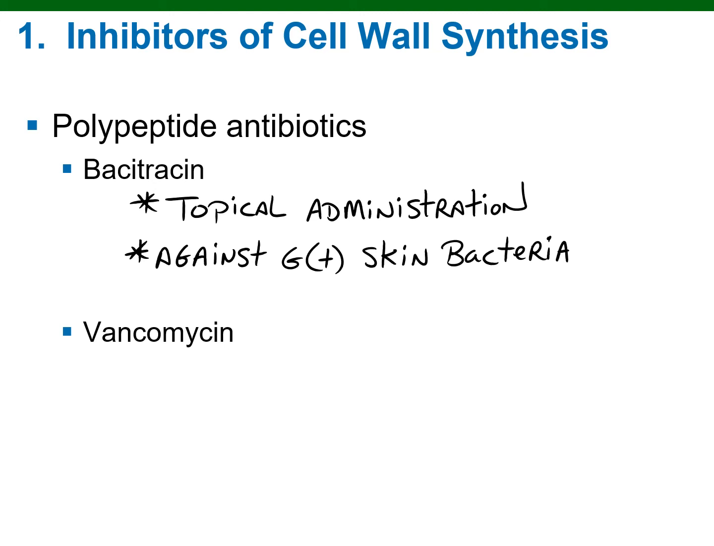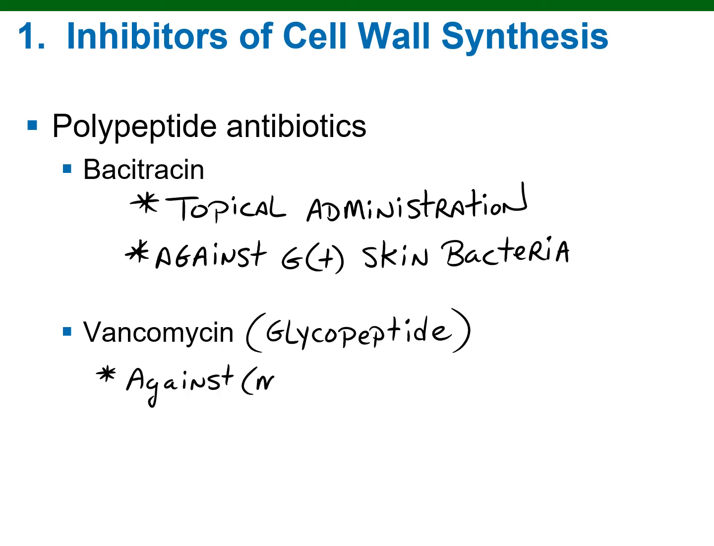Vancomycin is a type of antibiotic that more specifically is referred to as a glycopeptide antibiotic. Glyco refers to sugar, but it is also still peptide based. So it's part sugar, part amino acid based. And it's been found to be extremely useful against treating drug-resistant staph infections. So MRSA, methicillin-resistant Staph aureus,